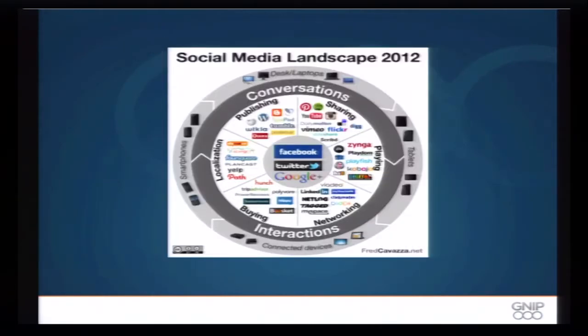Here's a slide. I don't know if you can make it out very well, but this shows a lot of the networks grouped together and sorted in terms of what they're used for. We have a lot of publishing networks that focus on publishing, like your WordPress, your Tumblr. You have networks that focus on interactions. From all of this activity, we're generating a lot of data. Anytime something is happening in these networks, these events are being recorded.